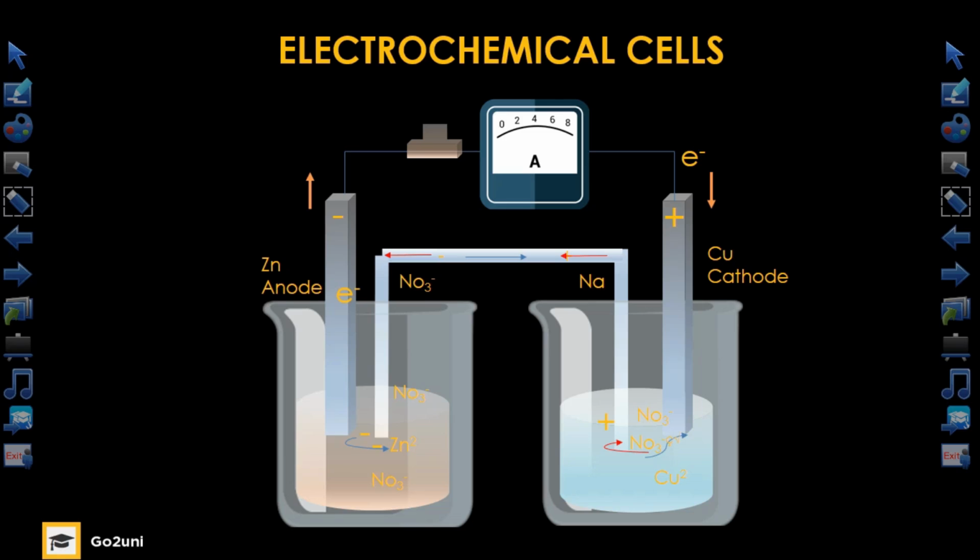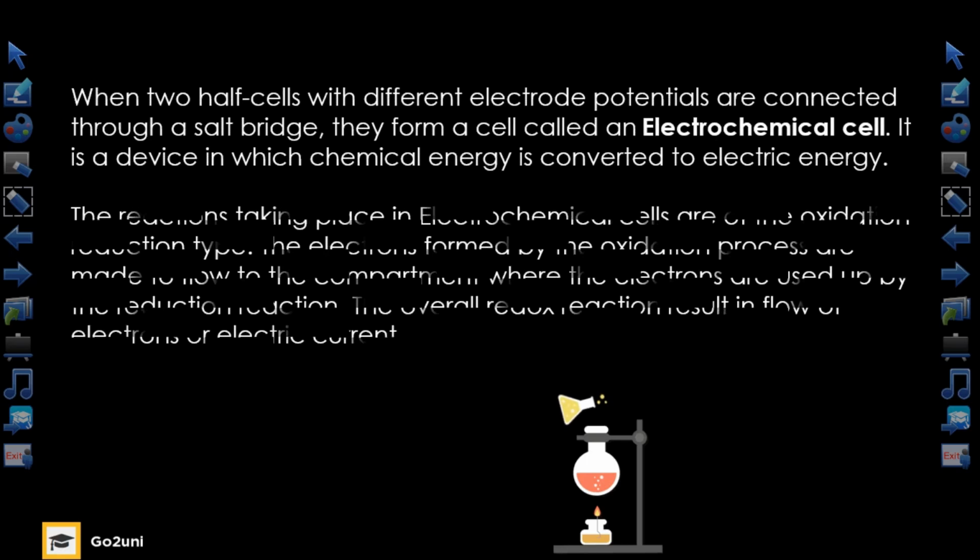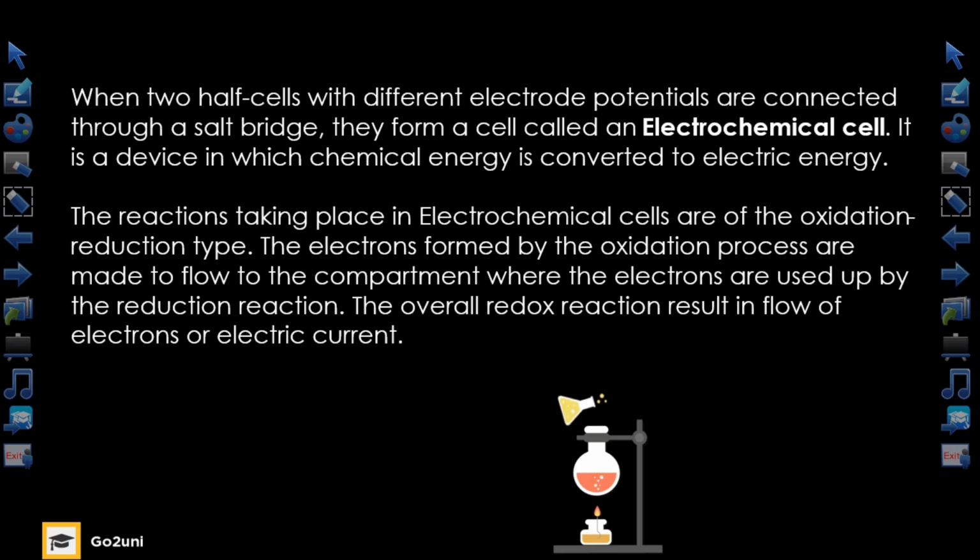Electrochemical cells simply consist of two half cells with electrodes dipped in their electrolytes, and these electrolytes are connected by a salt bridge, thus creating a potential difference between the two half cells, as we can see displayed. The reaction taking place in an electrochemical cell is simply a redox reaction, as electrons are generated from the anode and migrate to the cathode,